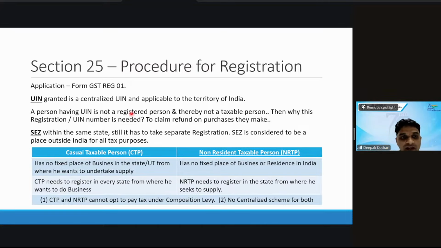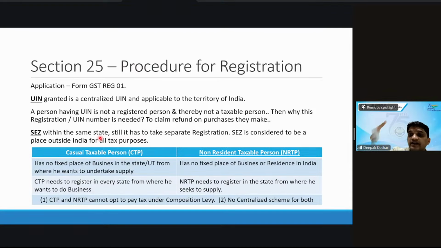Okay. Next is SEZ. Who is a SEZ? A supplier who is supplying a branch or a special zone which is set up by the government, and they're saying that from this zone you will get duty free, your taxation will be free, and you can supply goods outside India. It's a special economic zone for exporting, right? You will do a lot of exports in that zone, so there's a specialized zone. They will get a lot of tax benefits.